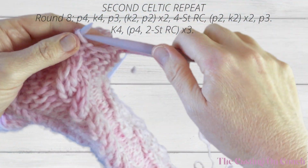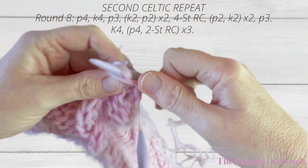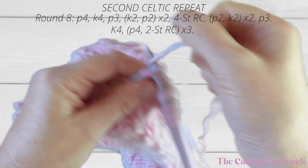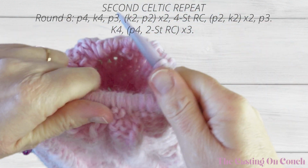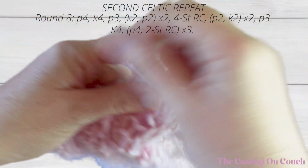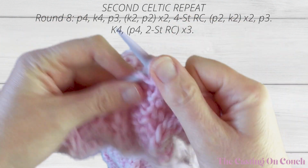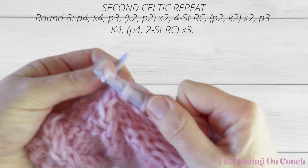So that's 1 purl stitch, that's a second and third, and then we knit 4, and we have 3 sets of purling 4 and then 2 stitch right cross. So that's 1, 2, 3, 4, 2 stitch right cross,